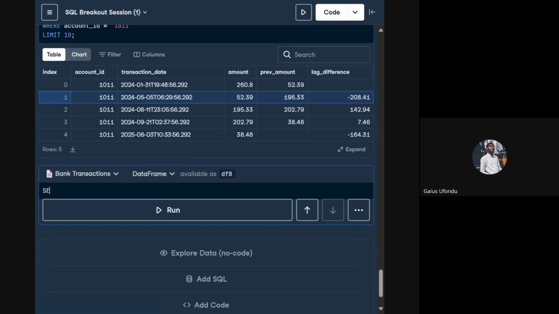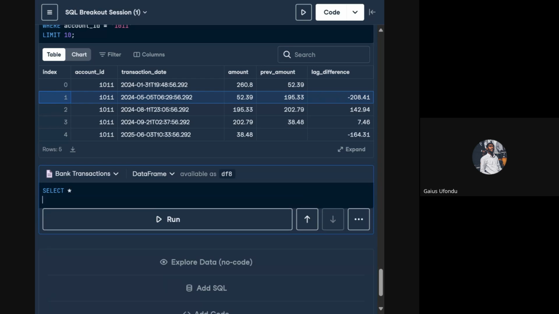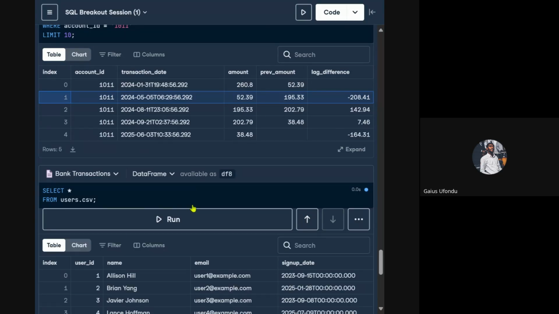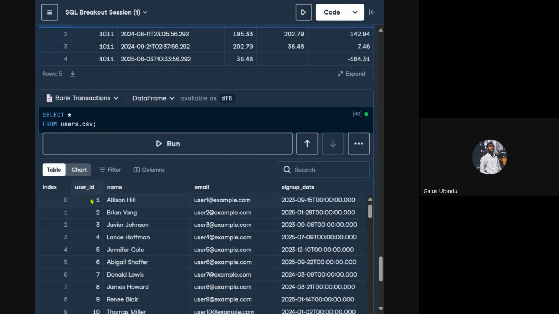Select all from users.csv. Just want us to see the users data, so you see how we can do some calculations even with strings. Remember, the user ID, the person's name, email, and the date they signed up. Okay, I think that we have that. Since we have that, let's select the user ID. Imagine we want to do some